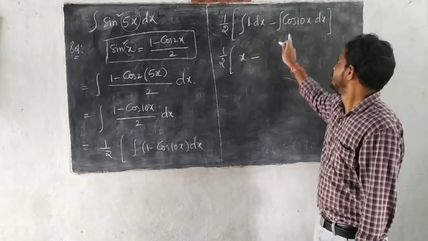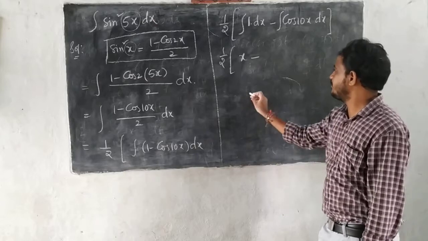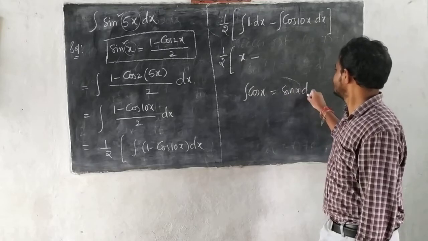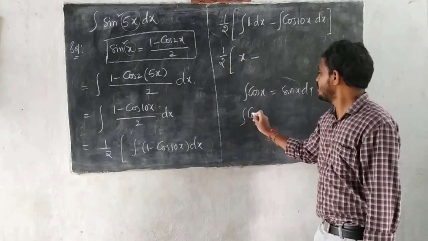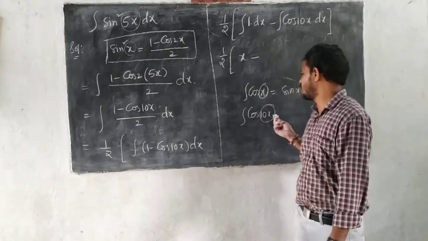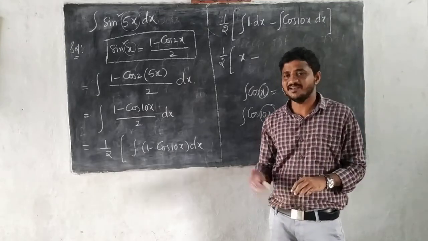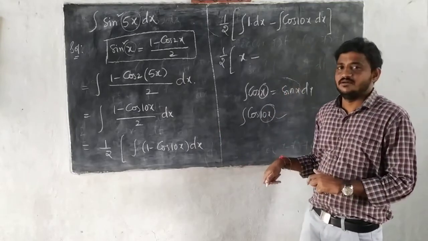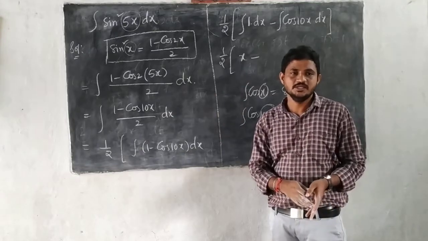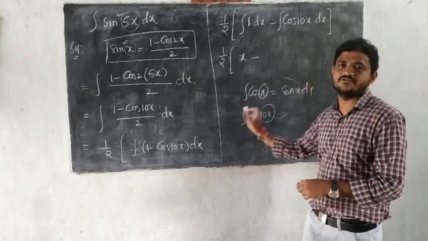Then minus, if you observe here, integration of cos 10x into dx. We have formula for integration of cos x, right? What is integration of cos x? Sin x. But here we have cos 10x. In place of x, we have 10x. That means it is not in standard form. We have to use substitution method. But in the middle of this problem, using substitution method is very difficult and lengthy. So to avoid that, here directly we can write this integration of cos 10x.